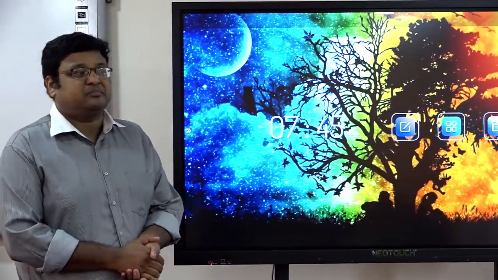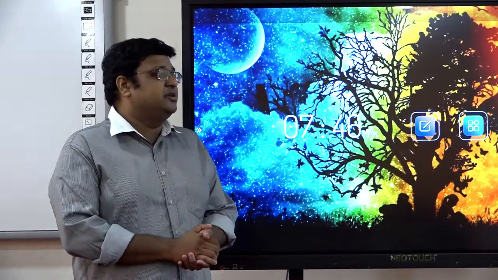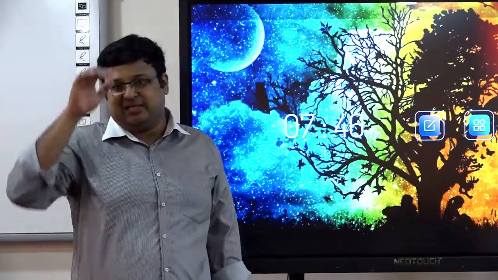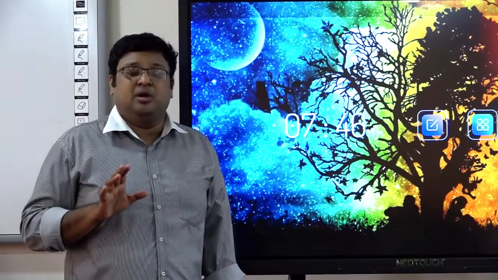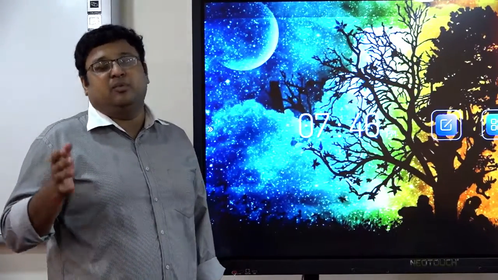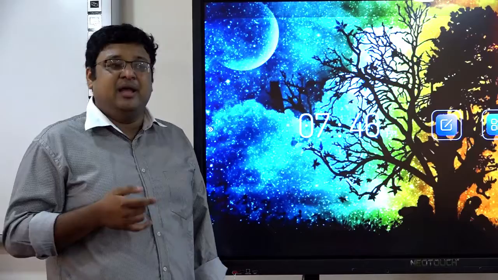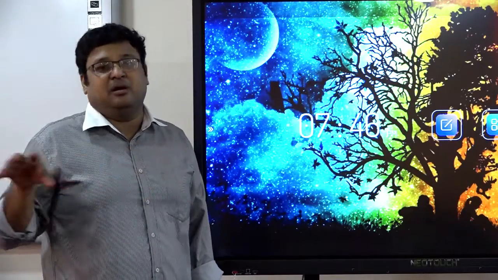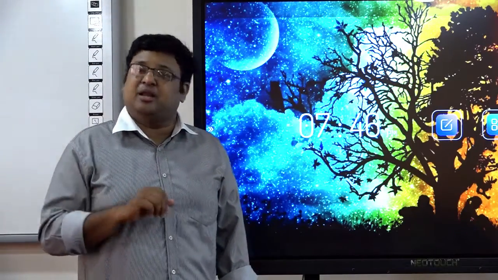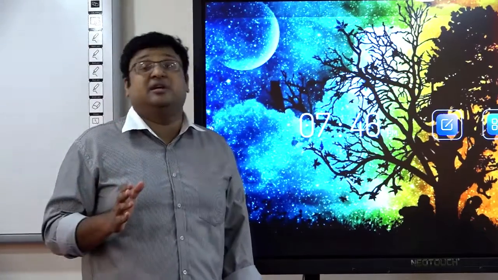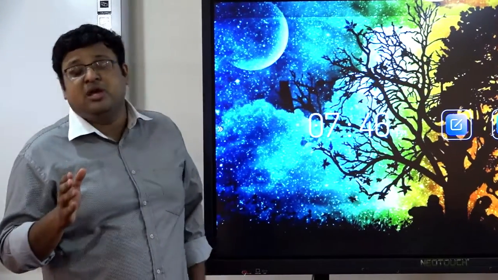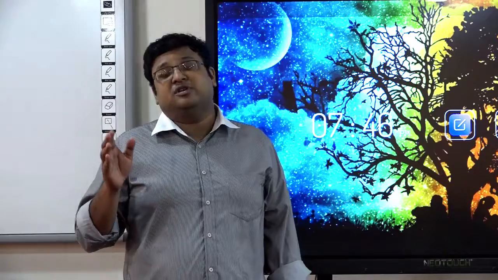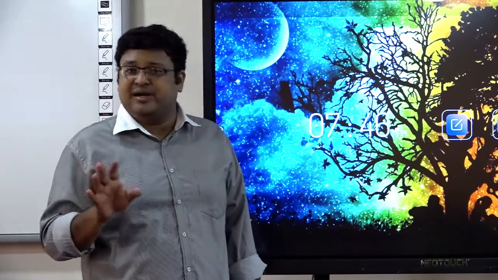At that time, there used to be normal whiteboards with a catcher connected to a laptop. This catcher was supposed to make the screen alive, and the whole operation was done using the software from the laptop. That was the first generation of smart boards, that is interactive boards, which was available in India and was basically used in different schools, good schools.